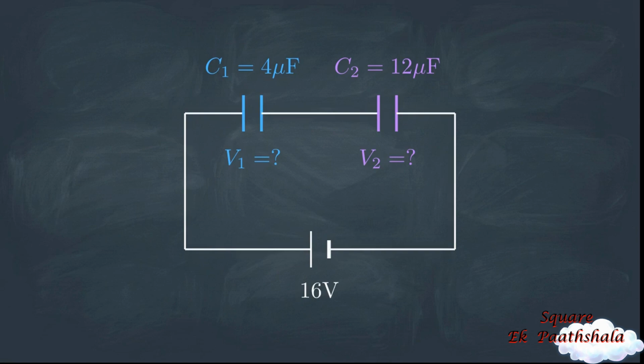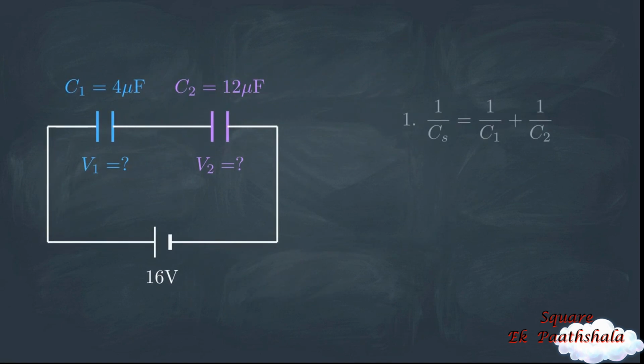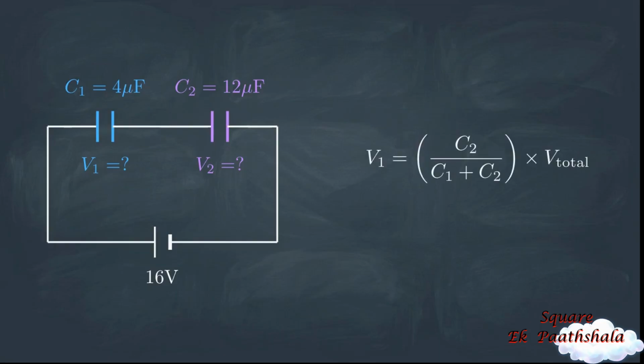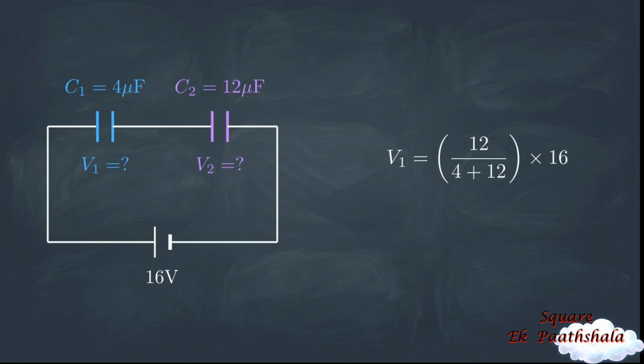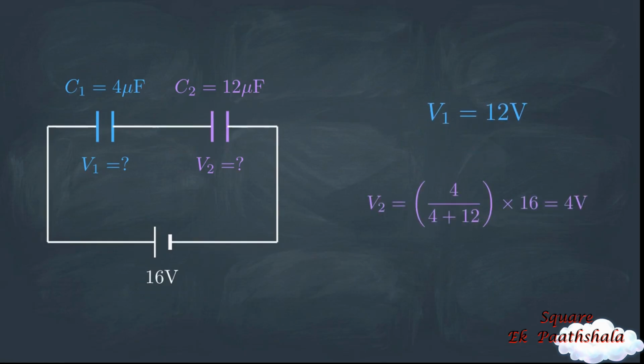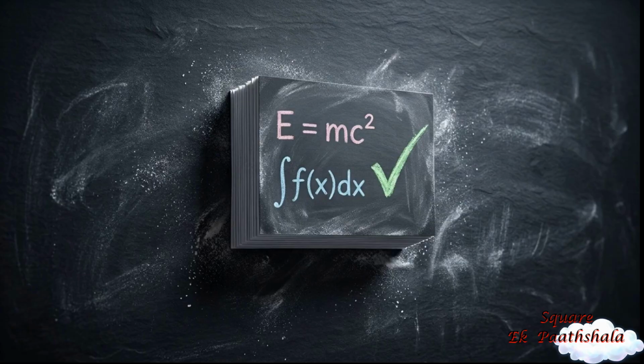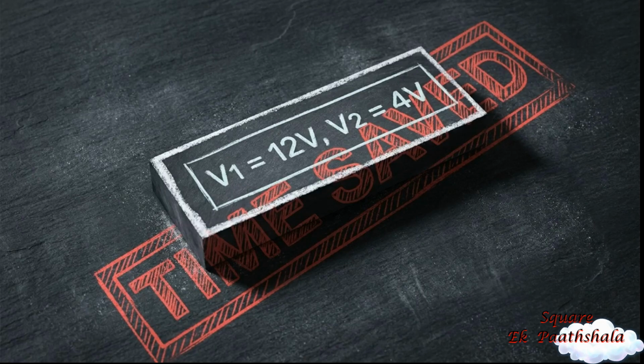Solving for individual potential differences usually involves a multi-stage process of finding total capacitance and total charge before arriving at individual voltages. The potential divider rule reaches these values in a single calculation. By multiplying the total voltage by the ratio of the opposite capacitor to the total sum, we find that the potential across C1 is 12 volts, which leaves 4 volts for C2. This method eliminates the need to calculate total charge as an intermediate step, which reduces the opportunity for arithmetic errors